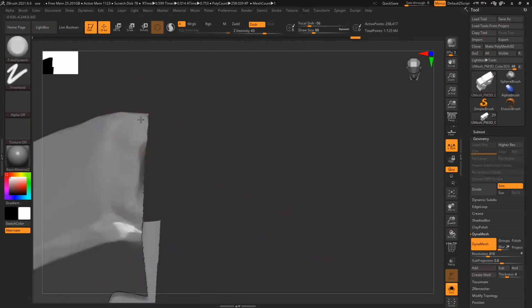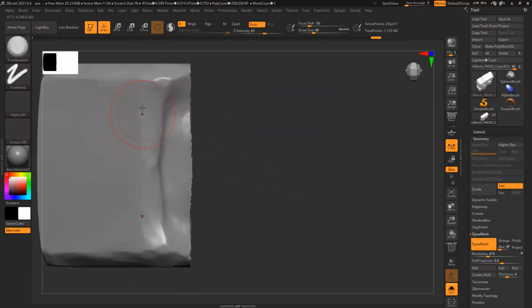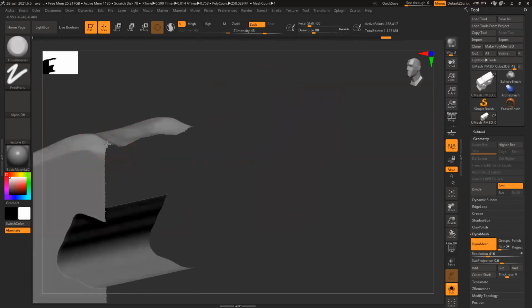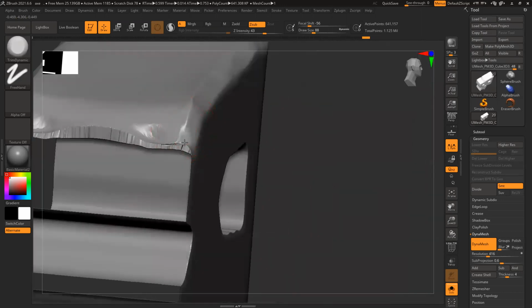I can make it nice flat. The angle I have to define, and Control Shift drag, it will reverse the isolation.